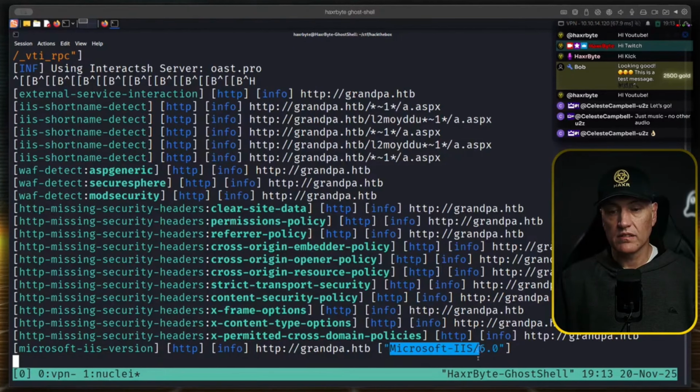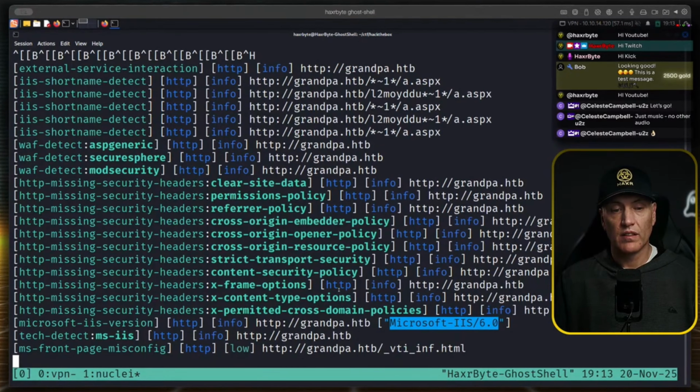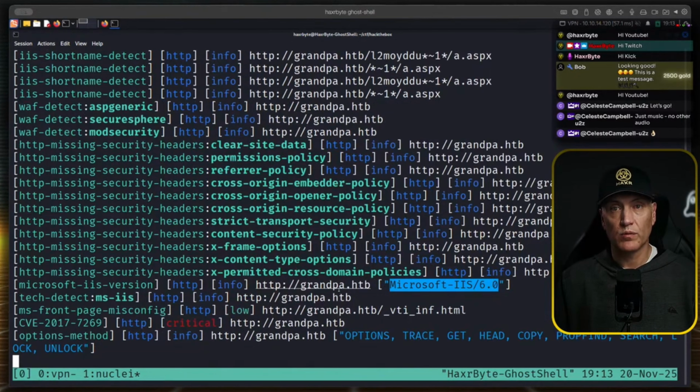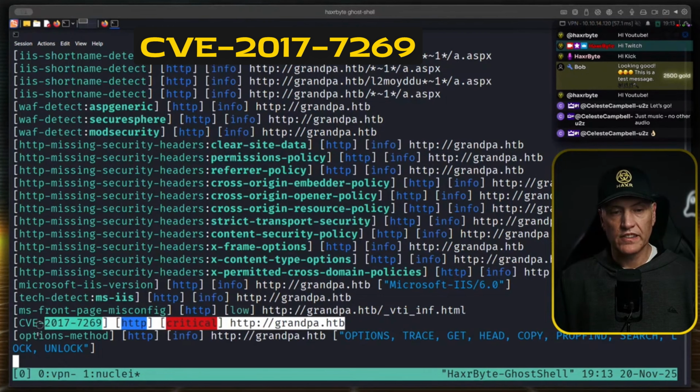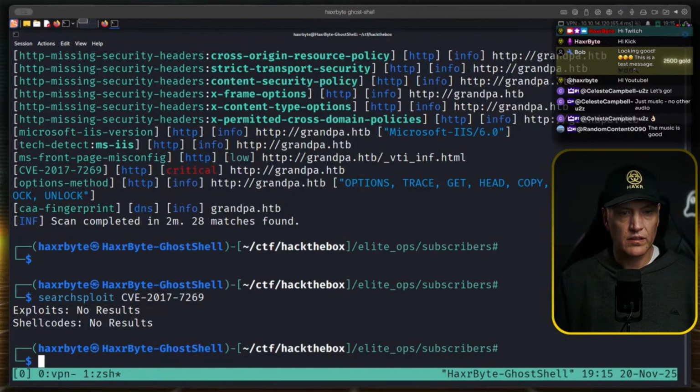This was also quite interesting when we ran Nmap, and we saw that. From a CTF point of view, that's always handy to get the exact version, and that is what I was looking for. So you can see that CVE-2017-7269 listed as a critical. Now, if I copy that, okay,